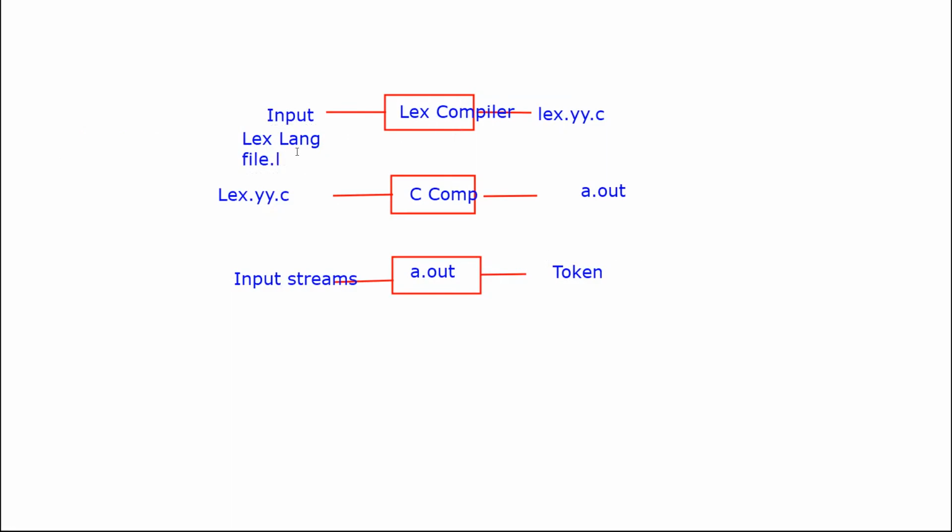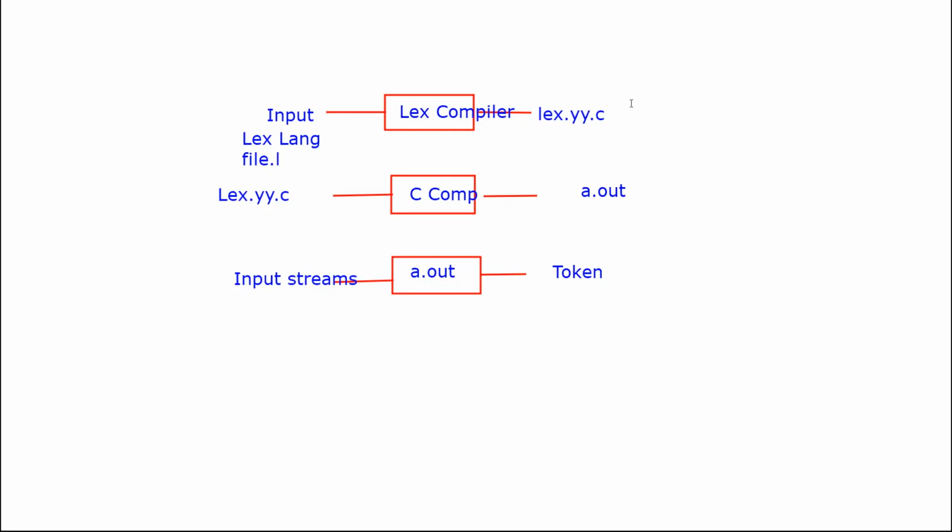It takes the Lex language program, with the extension .l, and generates the C language file called lex.yy.c. What is stored in lex.yy.c is the transition diagram, but in the form of C language code. So the transition diagram of the regular expressions is saved as C code in lex.yy.c.